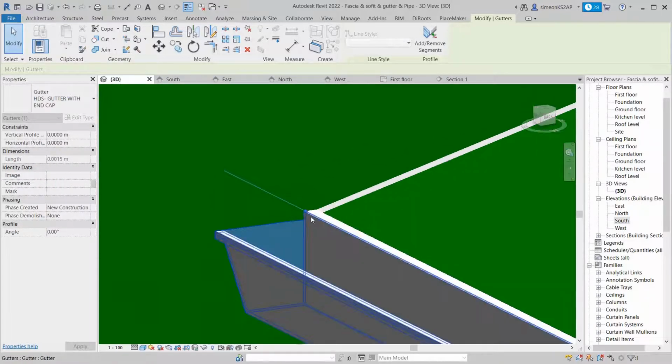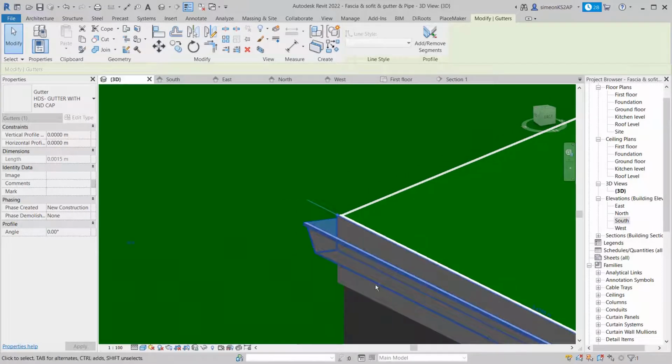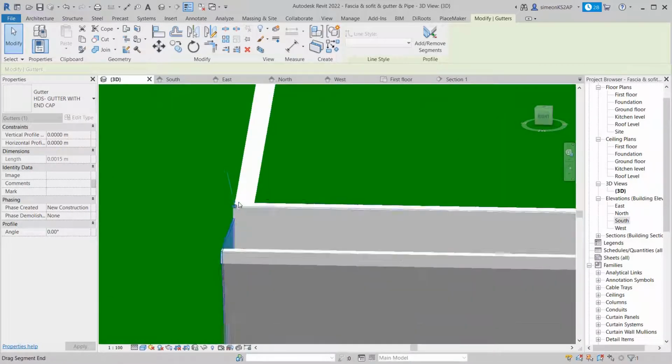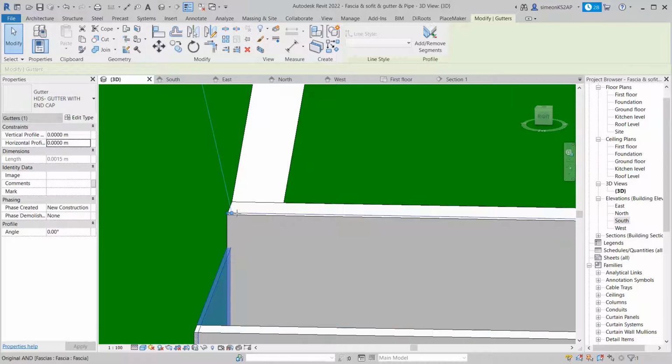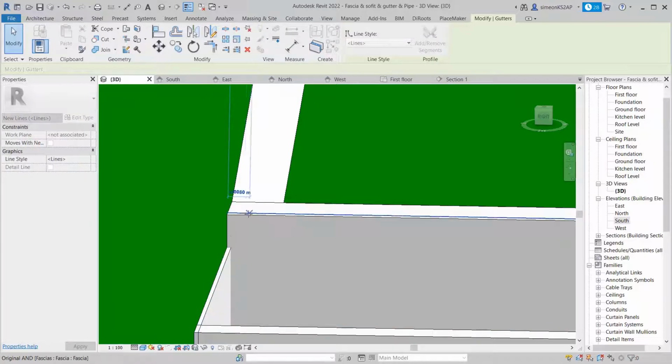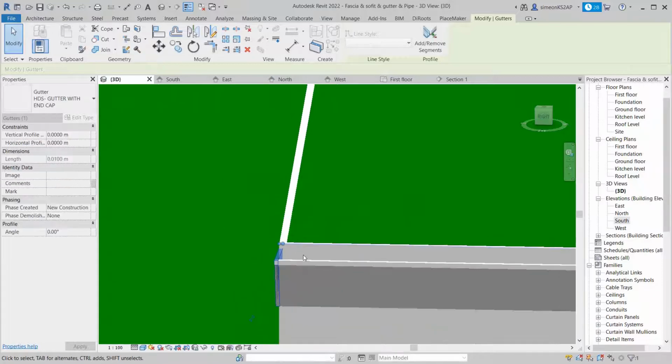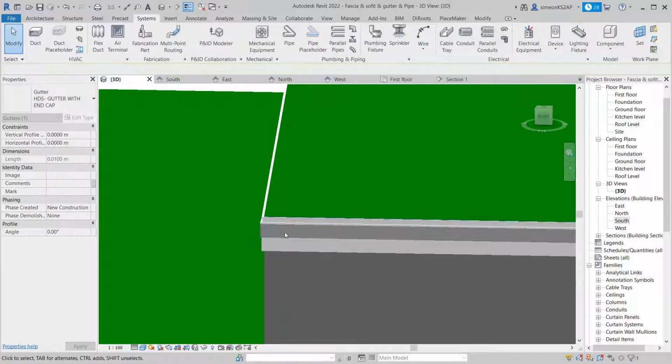Is that okay? No, that's not okay. I want 100 millimeters of thickness, not, yes, that's actually it. Okay, we're now done with